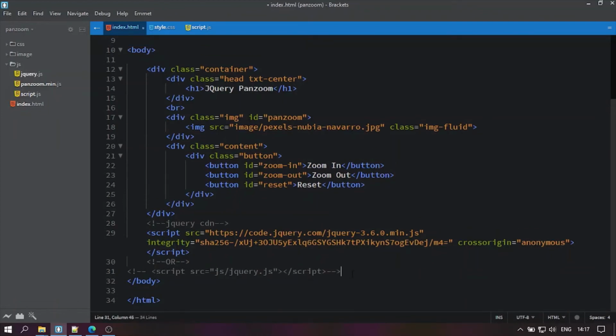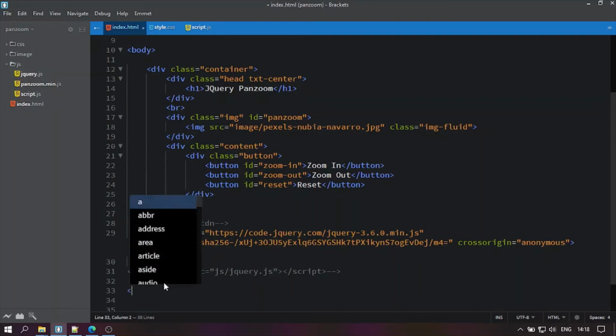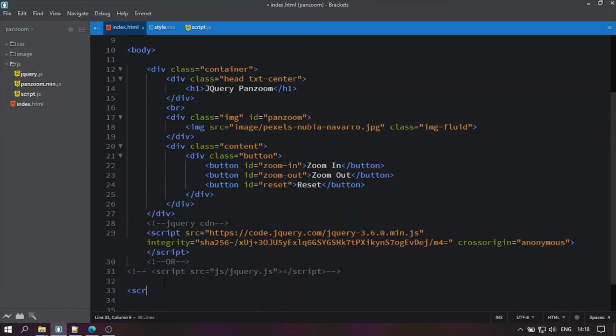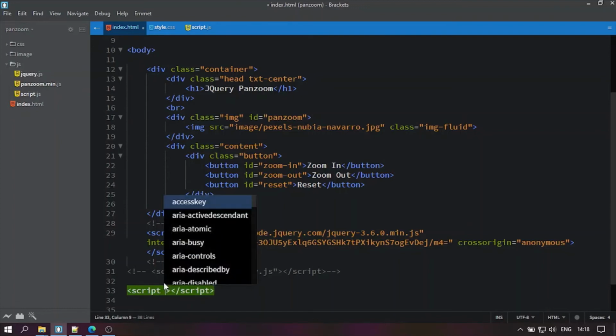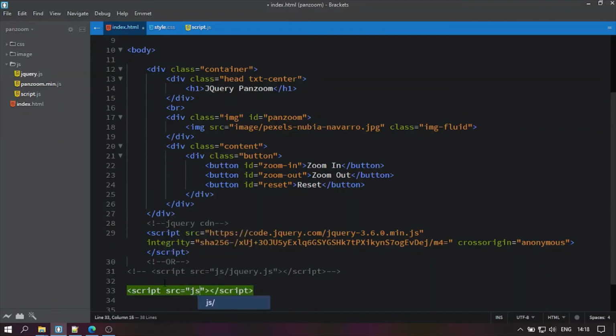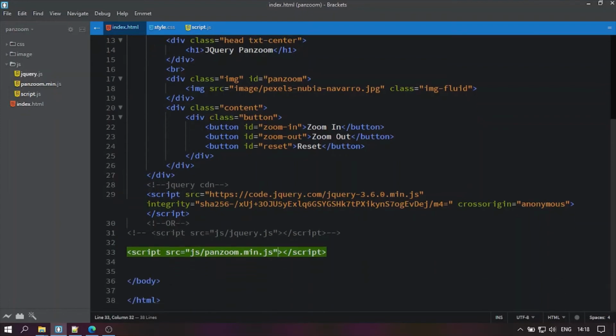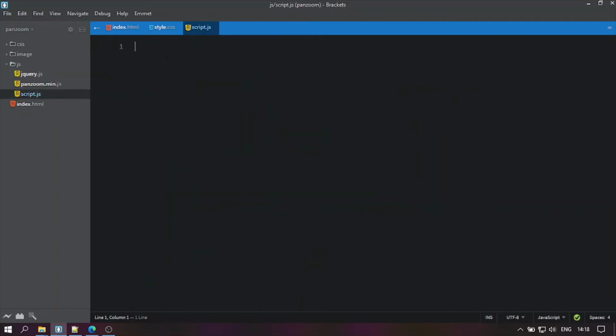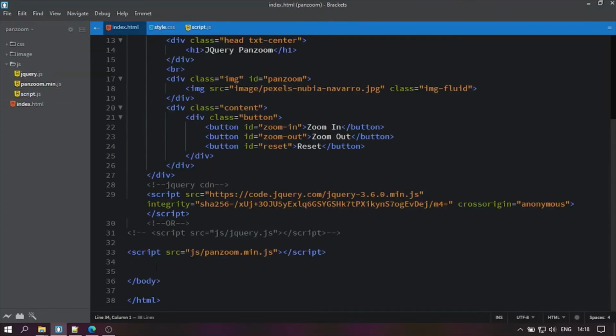The next step is to embed the PanZoom library. Again, write the script tag, and for the source, inside the JS folder you have the PanZoom minified file. Then we need to create the main script file where we initialize this script, and embed it after the PanZoom script.